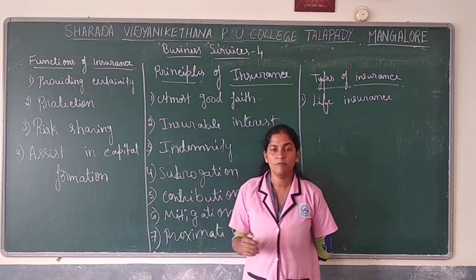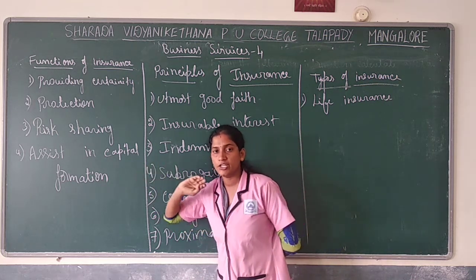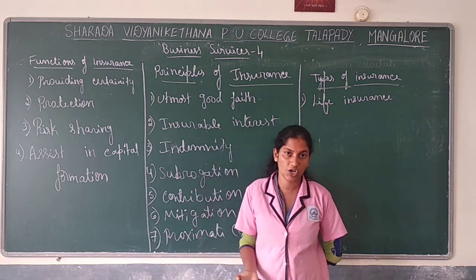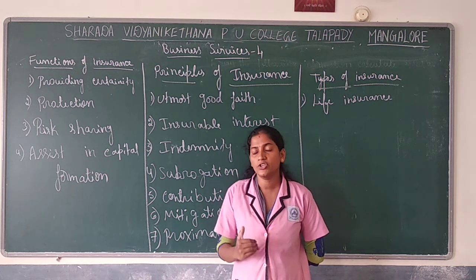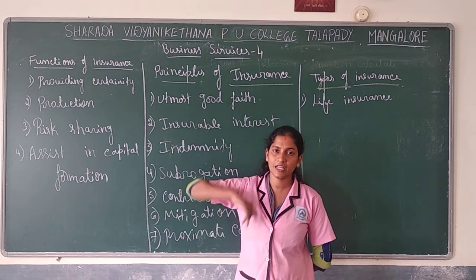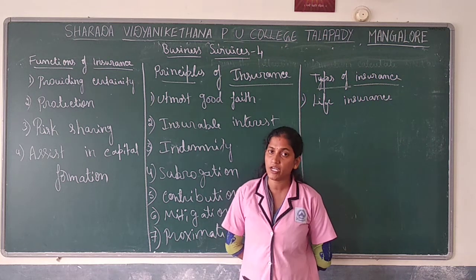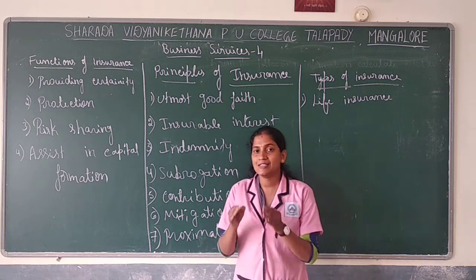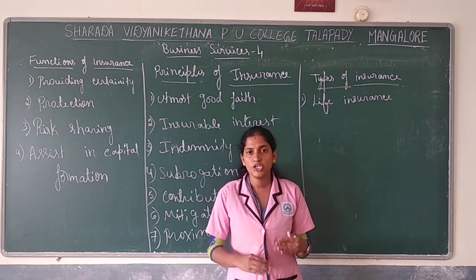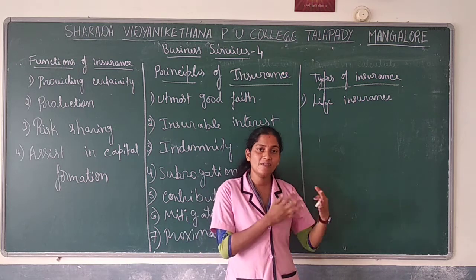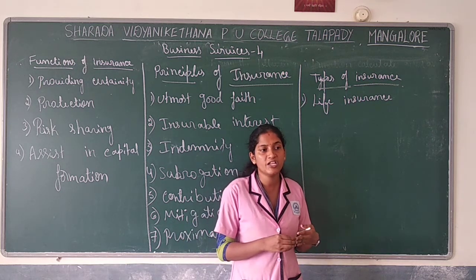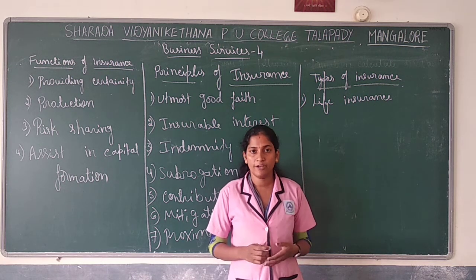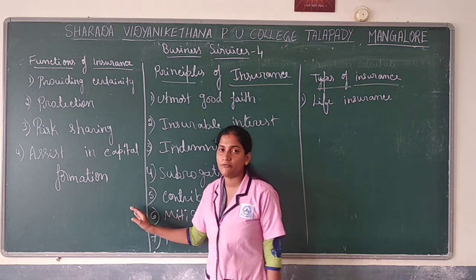Next, risk sharing. Our risk is shared with the insurer. How is he going to share? By paying a certain premium. Later on, he can cover financial losses from the company. Next, assets and capital formation. It is a kind of savings, students. Instead of saving money in the bank, we save in the insurance company, so that if any financial loss occurs or any problem arises, it will be financially covered. So it is one of the savings.